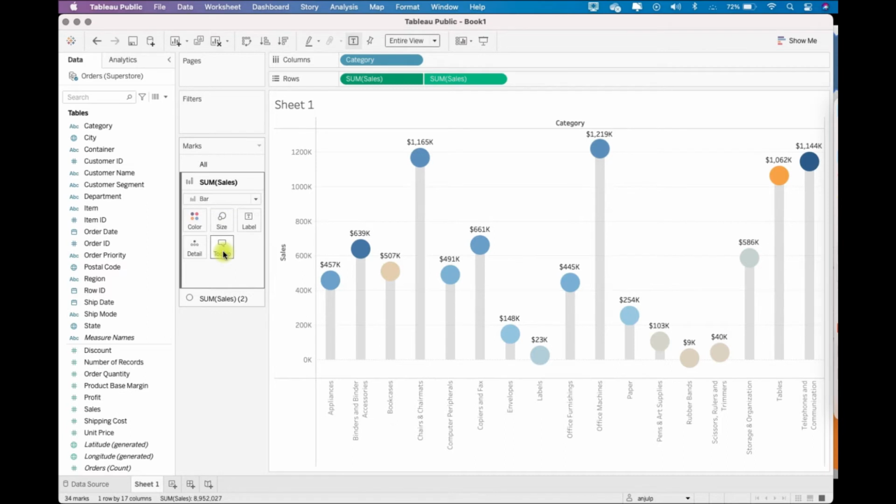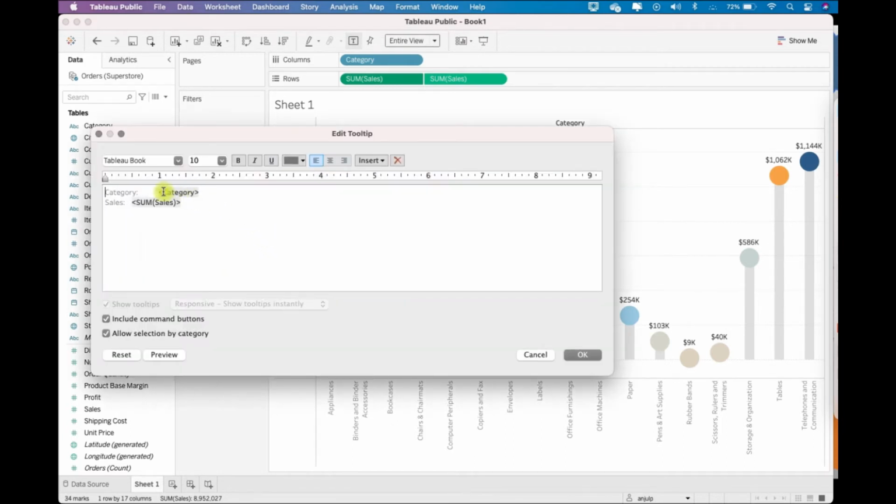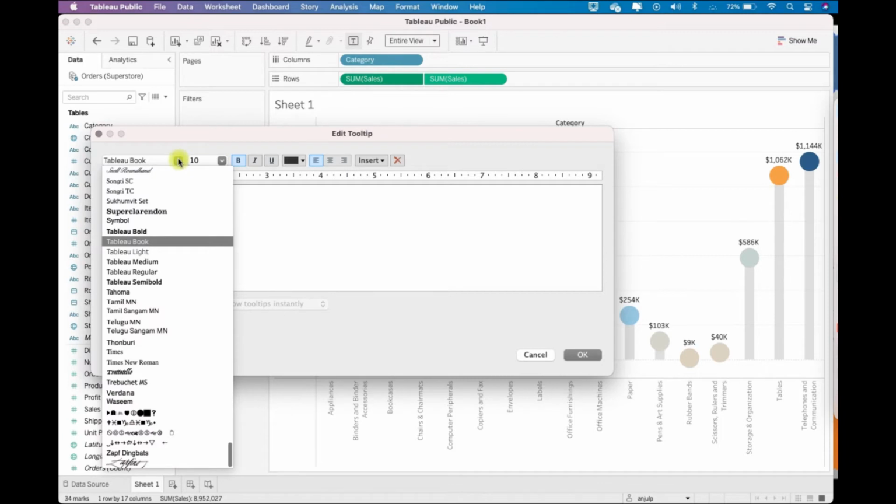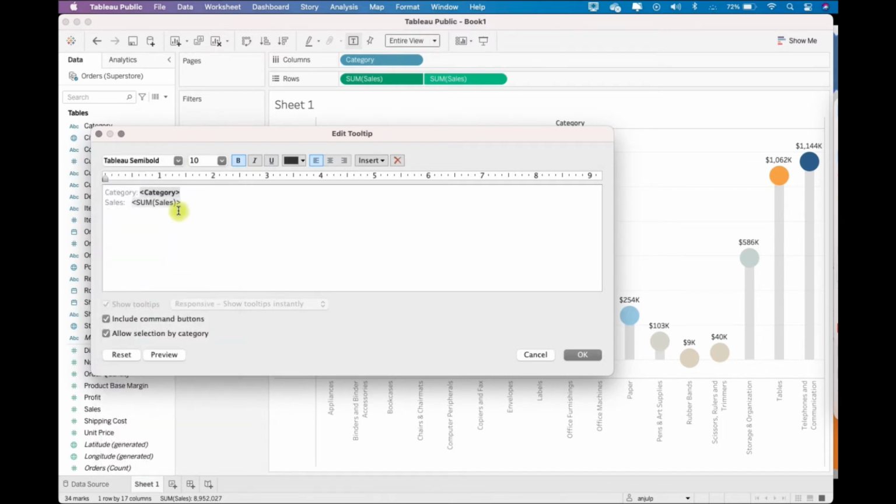So go in the first one, tooltip, and let's say category, you want it semi bold. So I can select semi bold. This one, sales also, let's say Tableau semi bold, and then maybe profit I'll select.